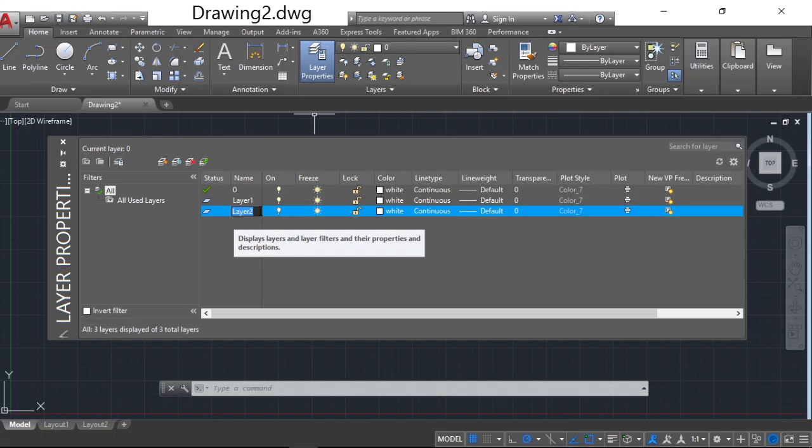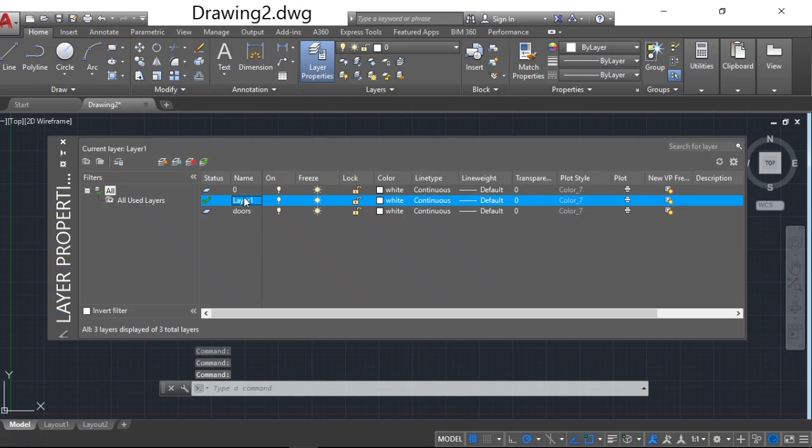If you want to give a new name, you can give, for example, doors. Rename the layer, windows.